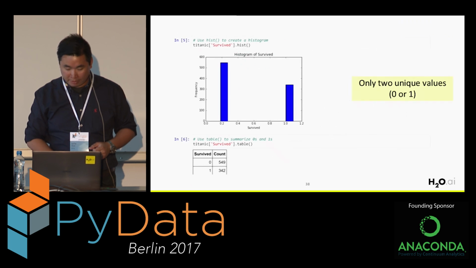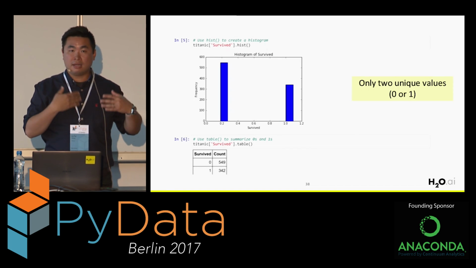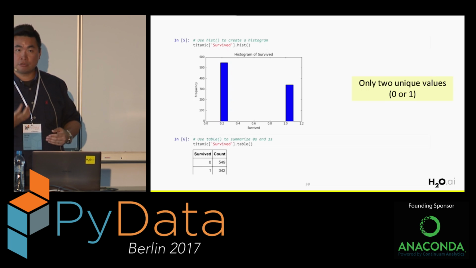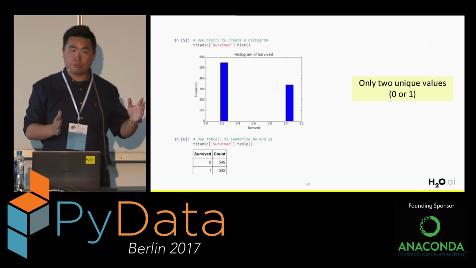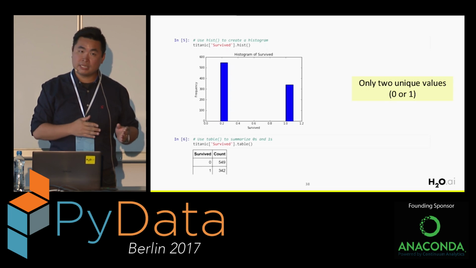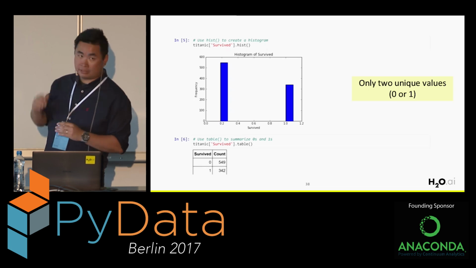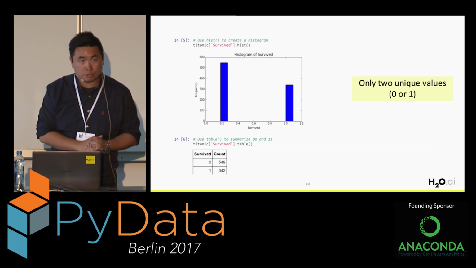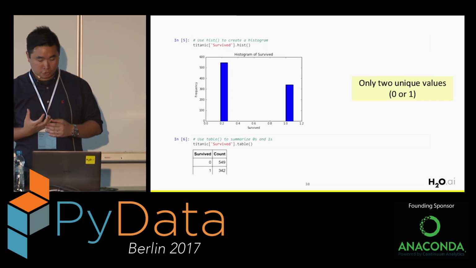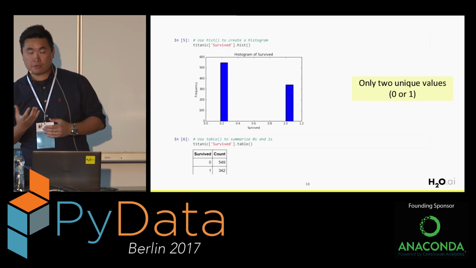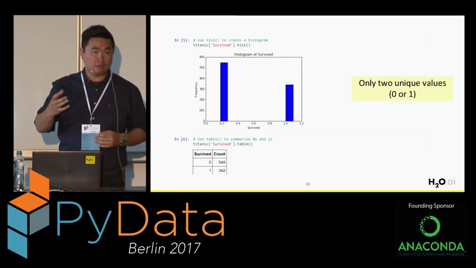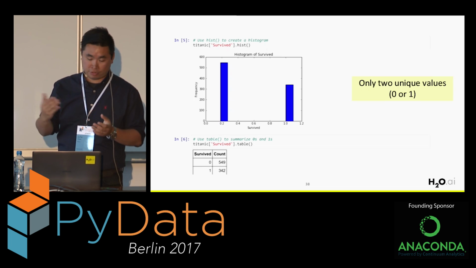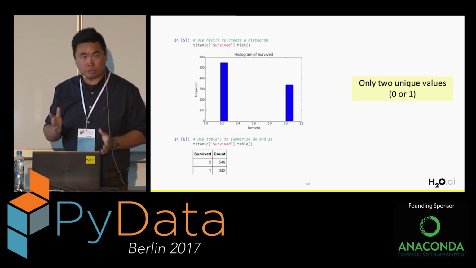So in order to do that, we have to tell H2O that this is actually a categorical label instead of integer. First of all, we want to do a histogram and look at whether there are only 2 unique values. So we do the .hist, and then you can see that there are only 2 unique values in that column. You can also use the count functions or the table function in Python to look at how many counts of each class. So for 0, we got 549, etc. So we know that there are only 2 unique values.